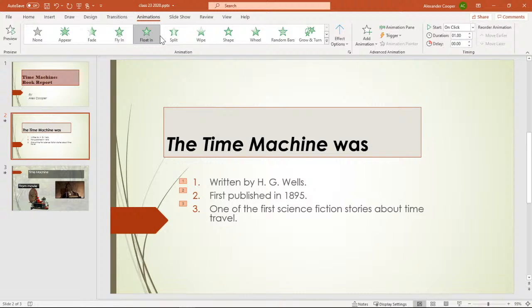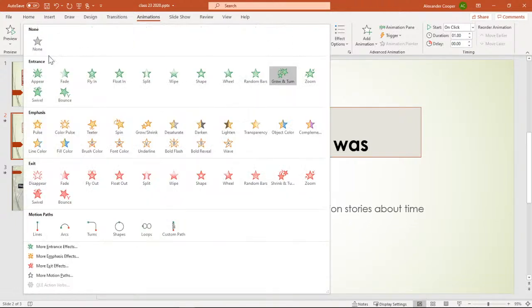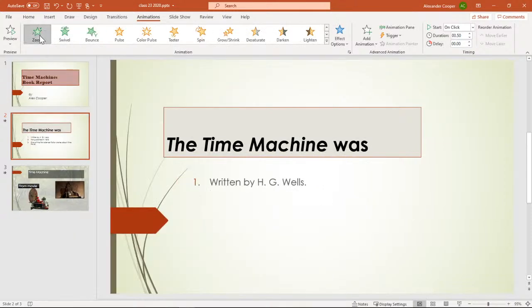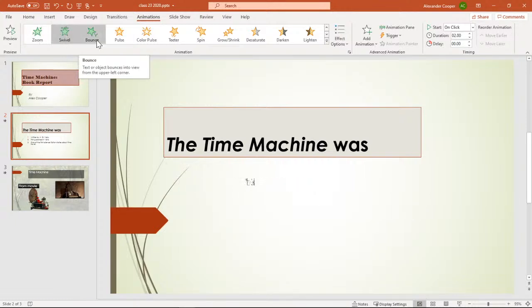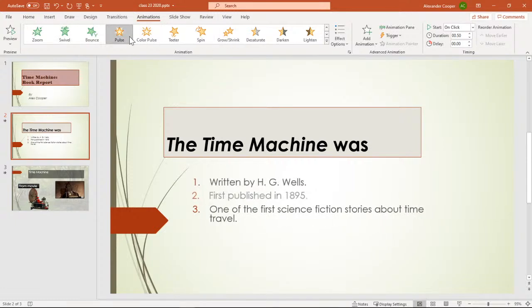So that's one way to use the animation like that. But you see all these are moving in together. Whoop. See? Pulse, they just kind of move around, shrink, lots of great stuff that you can make them do.